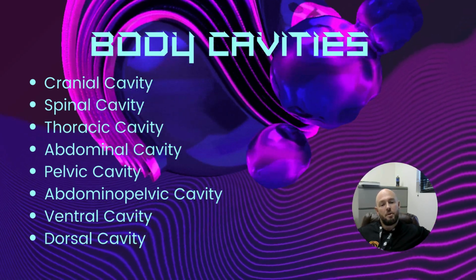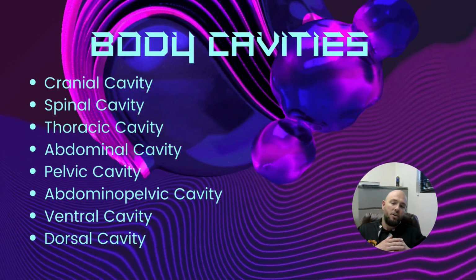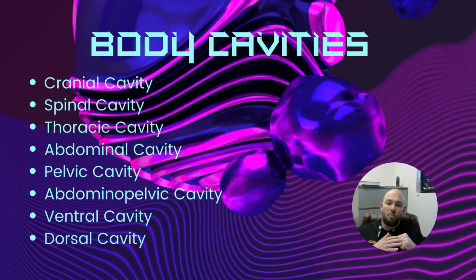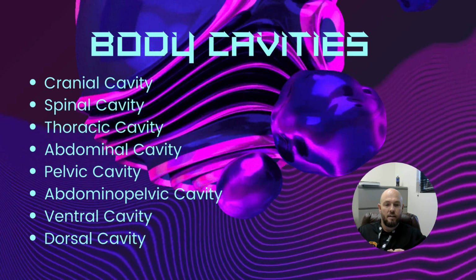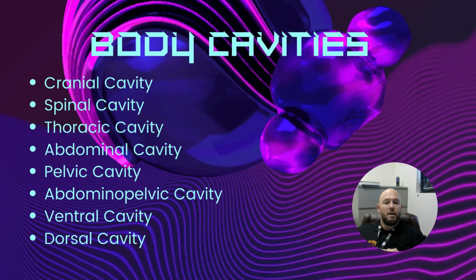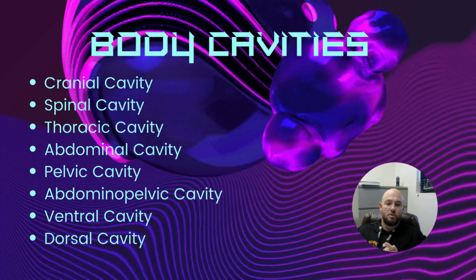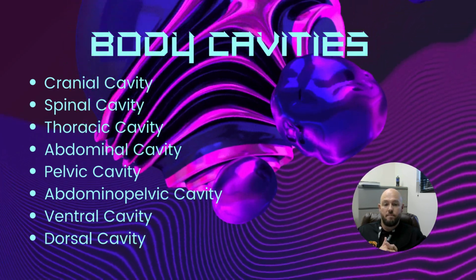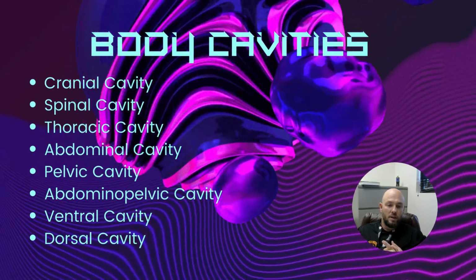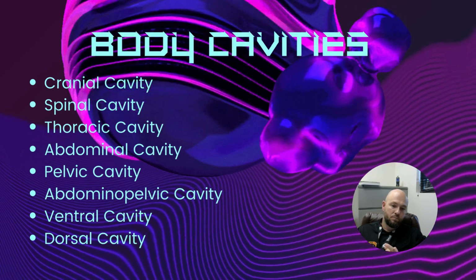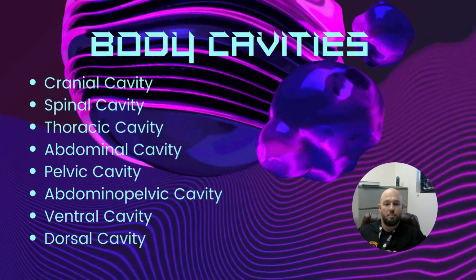Then you have your abdominal cavity. Your abdominal cavity is everything in your belly, basically. Your stomach, your liver, your gallbladder, your kidneys, adrenal glands, small and large intestine. And then you move down to your pelvic cavity. Pelvic cavity is a little below your abdomen, contains mostly some urinary organs and reproductive organs like your urinary bladder, ovaries, some of your small and large intestine, and your anus are located in your pelvic cavity.